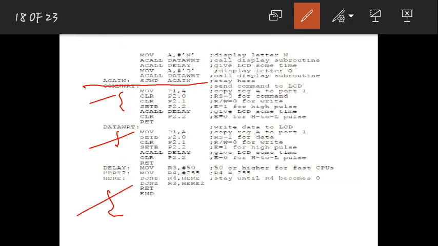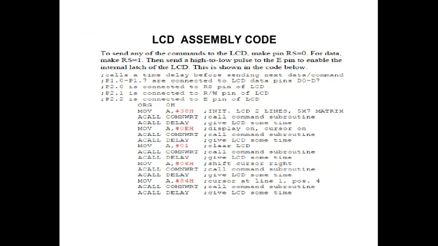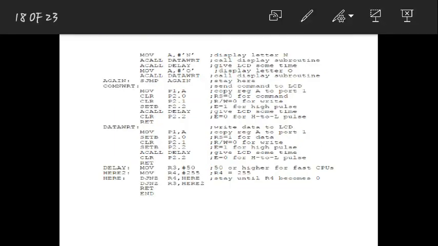Is that fine? Now the same program, if you want to write for hello, you write all the commands in the previous slide. After writing all this, you should first move h to A, that means the accumulator, for hello. This h you should move to A.